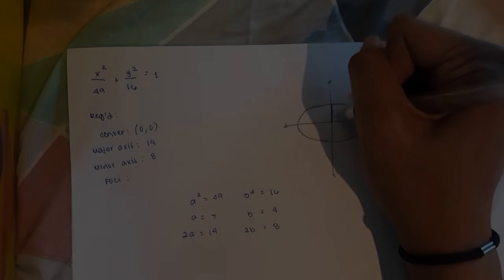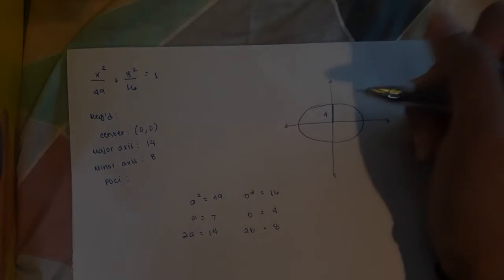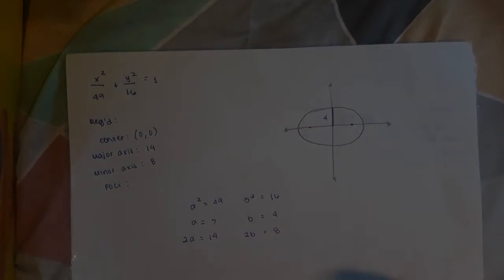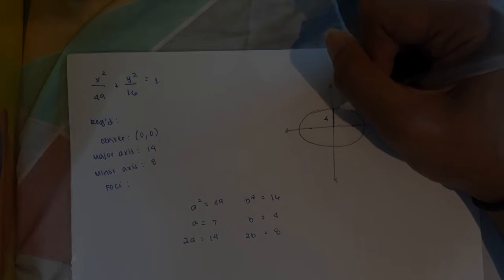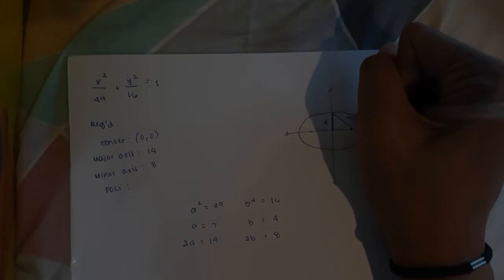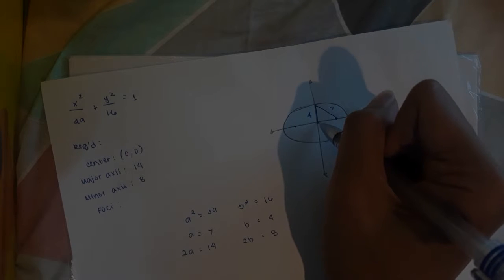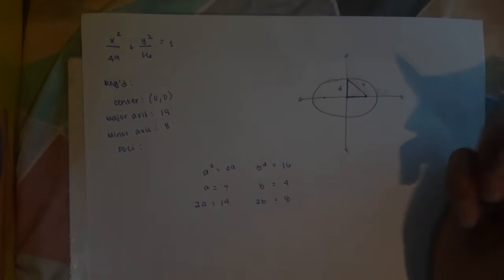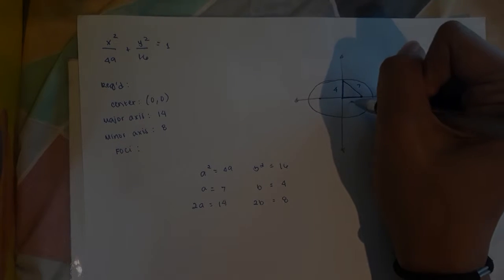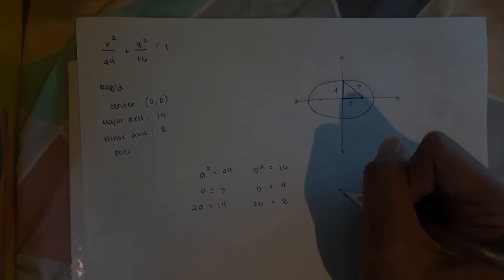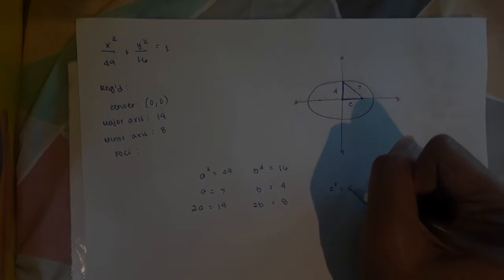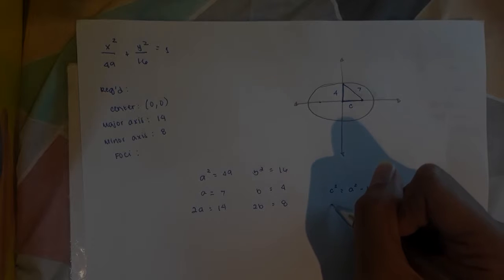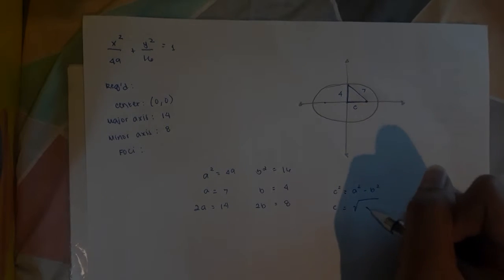B is this line, which is equals to 4. And let's say that this is the location of the foci. We have A already, which is 7. Now we're looking for this part right here. So using the Pythagorean properties, this will be C. The formula for this will be C squared is equals to A squared minus B squared. So that will be equivalent to C is equals to square root of 7 squared